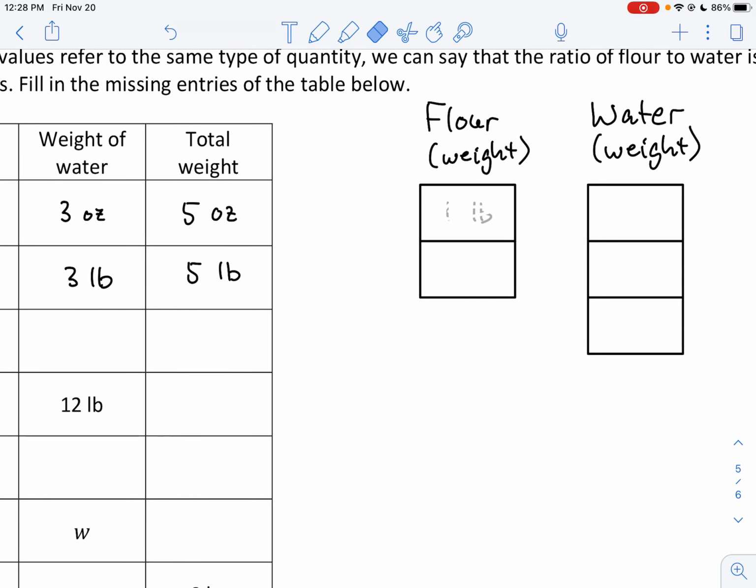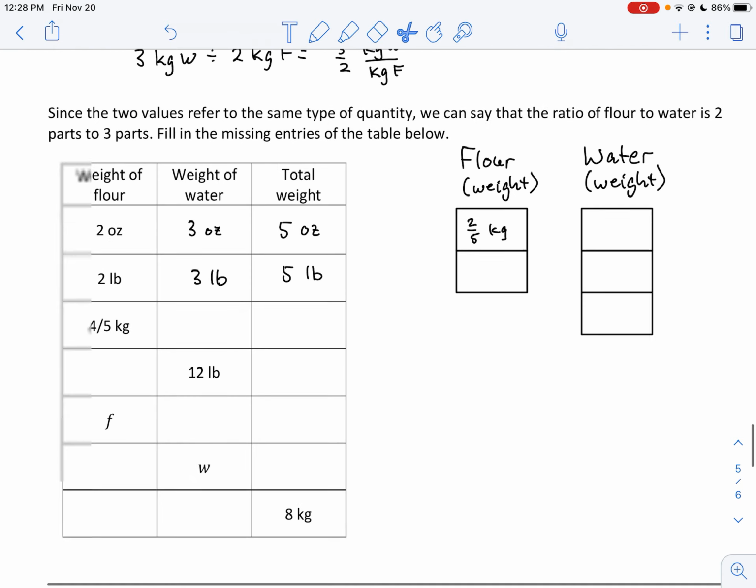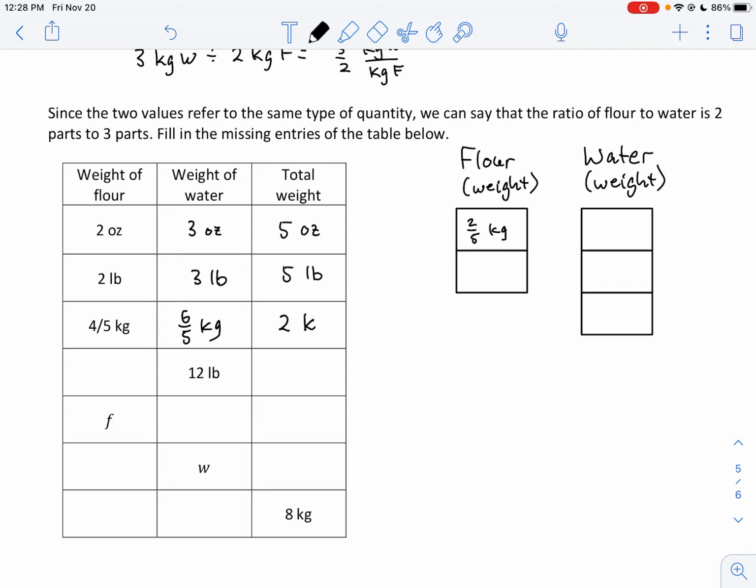4/5 kilograms. Okay, so if I want the total of flour to be 4/5 kilograms, then I know that each part will be 2/5 kilograms. Right, so that would just be repeated in all of these. All right, so that I have 4/5 kilograms of flour, and I'd have 6/5 kilograms of water. Would be just add those together. 4/5 plus 6/5 would give me 10/5,